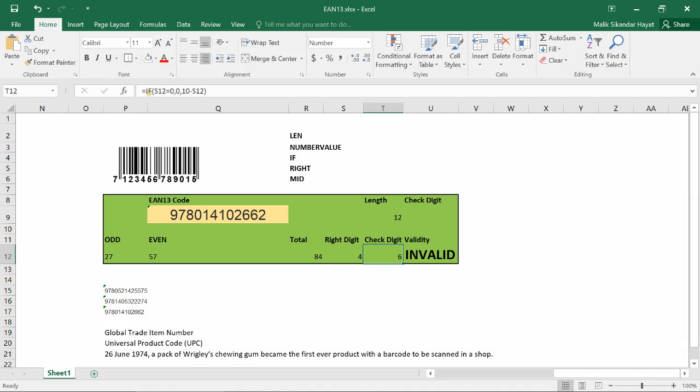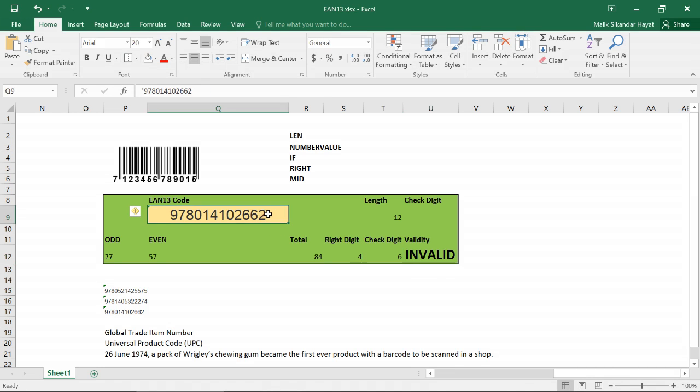Then I put one IF condition, that if S12 is equal to 0, then make it 0. We don't need to do any subtraction. Else, that is 10 minus S12. So it will become 6, right?